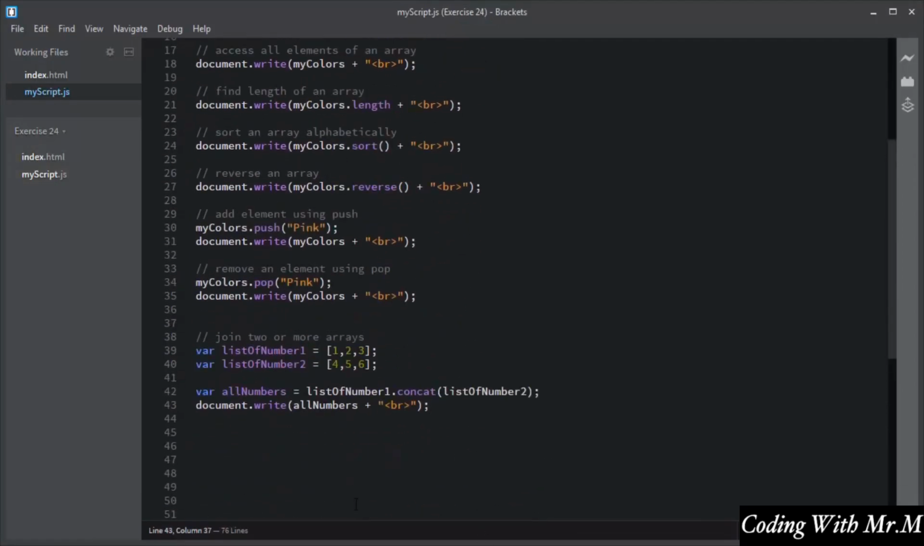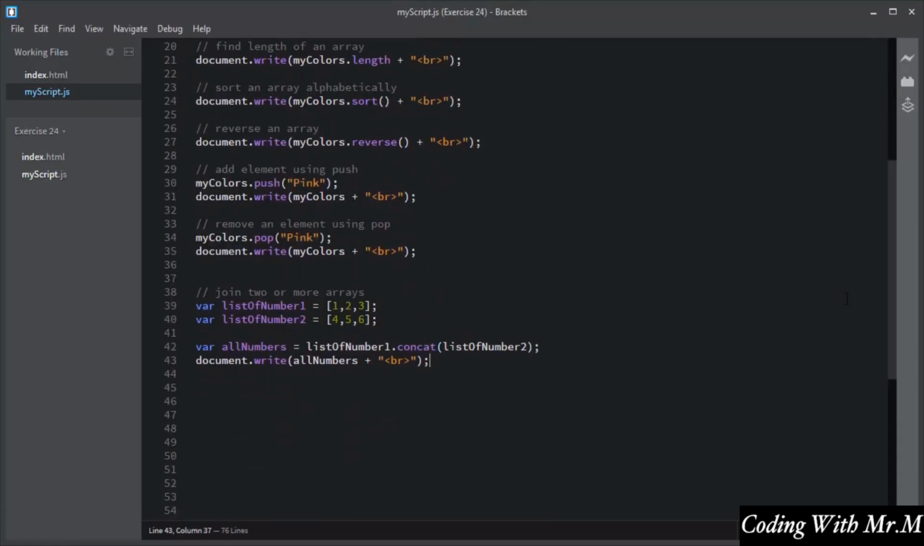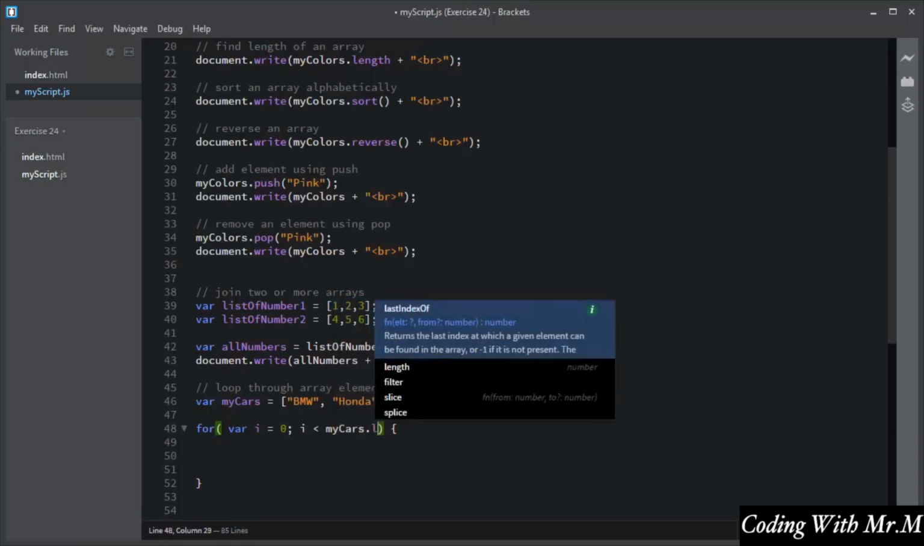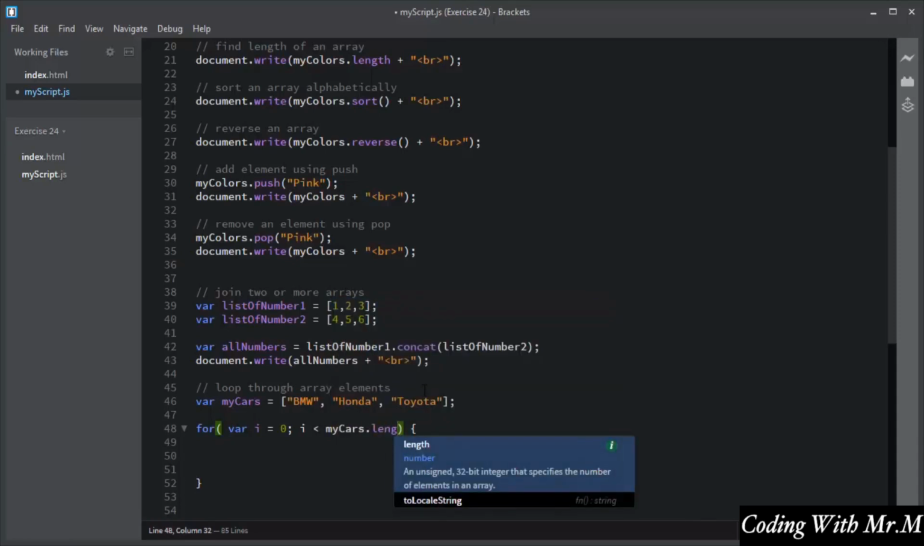I will move forward. Next, I will show you how you can use the for loop to loop through the elements of an array. I will declare an array myCars, and inside that I will assign it some values. Now I will use the for loop. Inside the for loop I will declare a variable i with value 0, and the condition should be i should be less than the myCars.length property. This will return the total number of elements inside this myCars array,